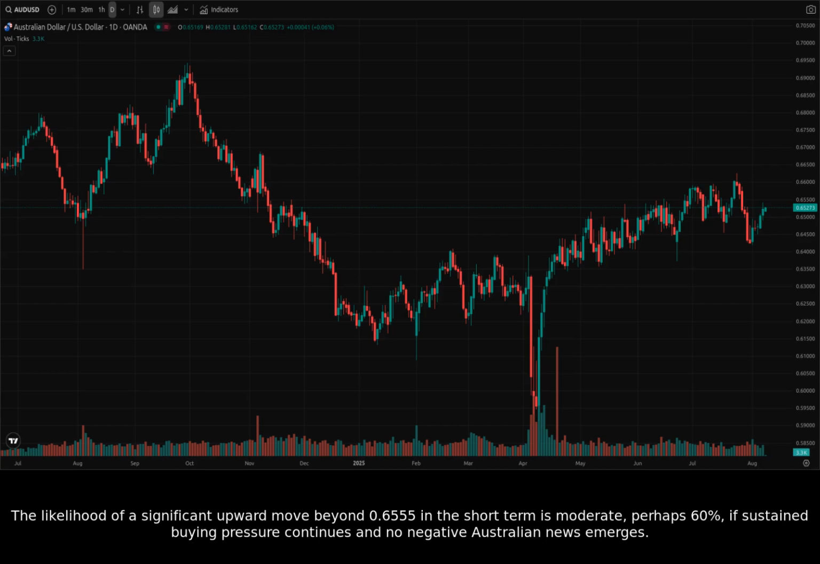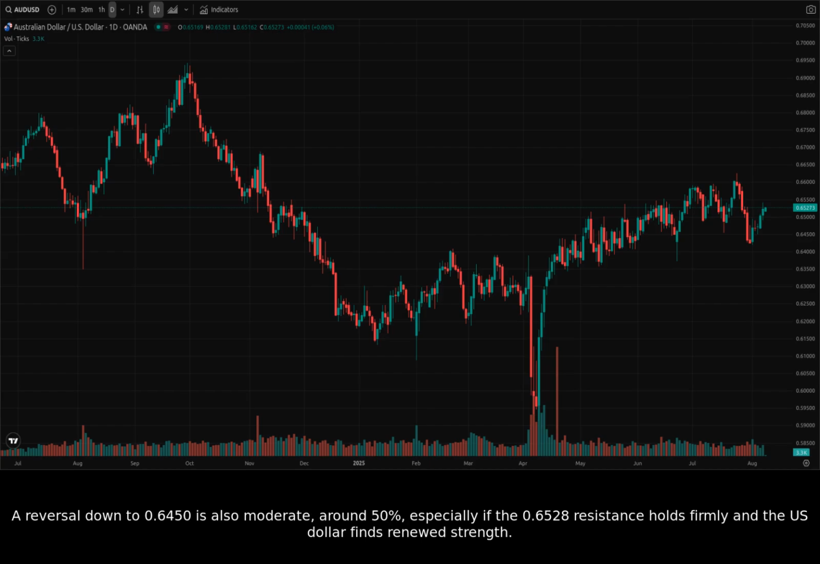The likelihood of a significant upward move beyond 0.6555 in the short term is moderate, perhaps 60%, if sustained buying pressure continues and no negative Australian news emerges. A reversal down to 0.6450 is also moderate, around 50%, especially if the 0.6528 resistance holds firmly and the US